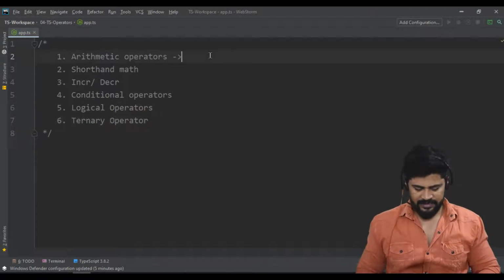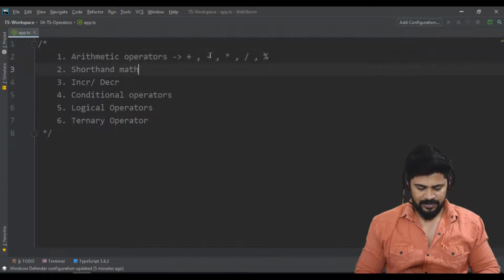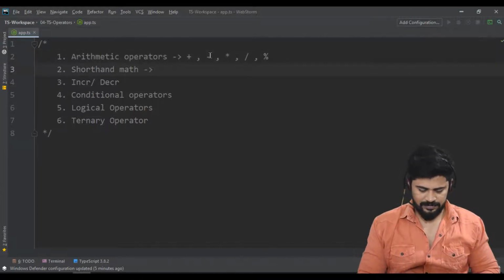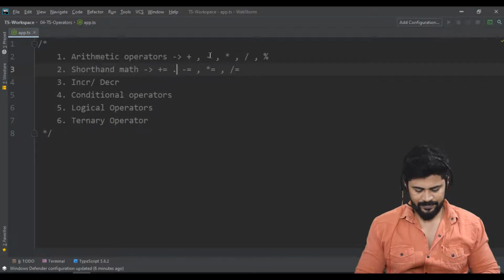Arithmetic means the plus and the minus, star and slash and percentile, these all. Shorthand math goes like plus equal to, minus equal to, star equal to, and slash equal to, like this.